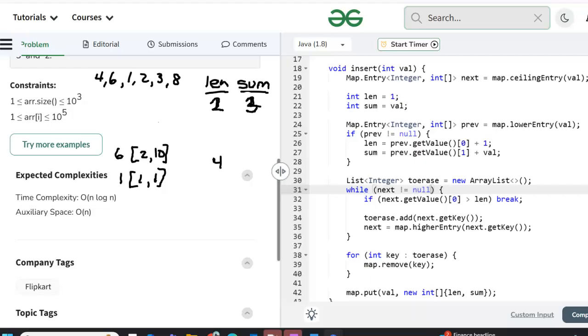Okay, to erase, next array list, while next is not equal to null. Next is equal to 6, the ceiling entry. If next get value at 0, which is 2, is that greater than length? No. So we're going to add to erase over here